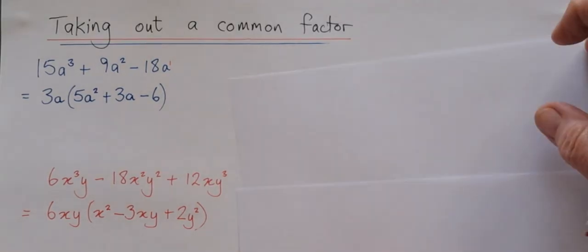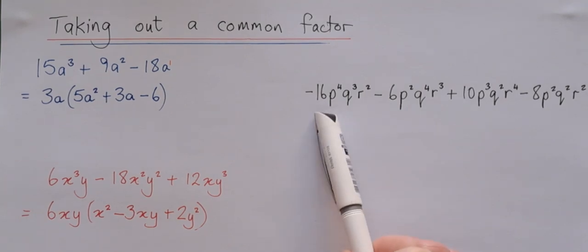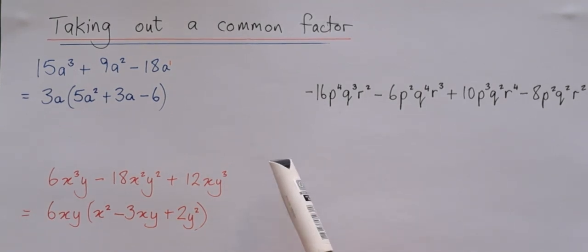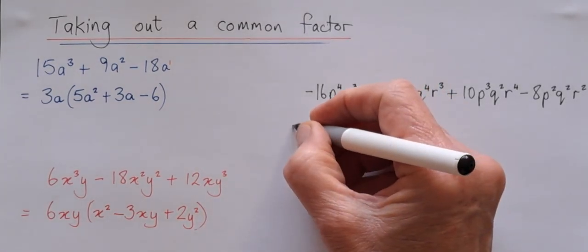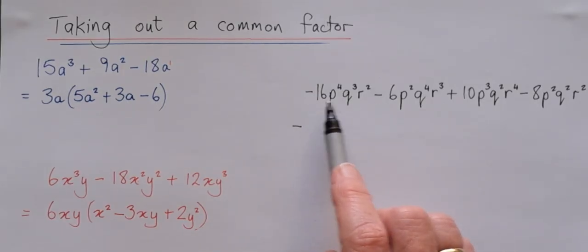Now let's have a look at an example where I have more than 3 terms, and I can have any number of terms as long as they've all got a common factor. So what's different about this one is, first of all, it's longer, there are more variables, and also, very importantly, the first term is negative. Whatever the sign of the first term is, that is normally the sign that you take out as a common factor. So I'm going to be taking out negative, and then I need to look at all my coefficients, 16,